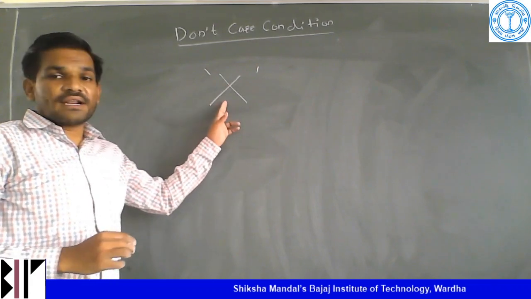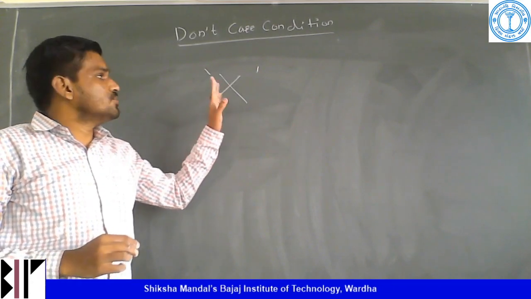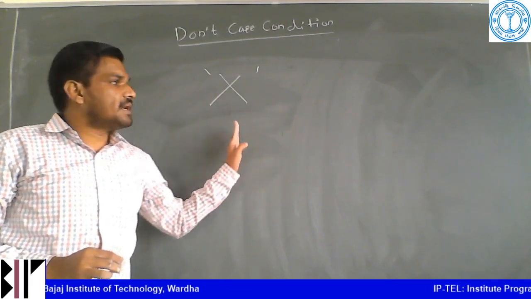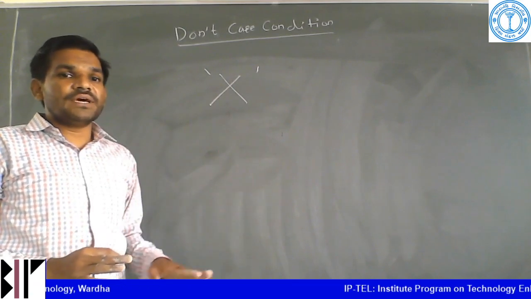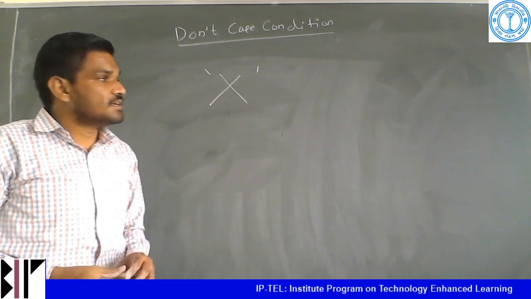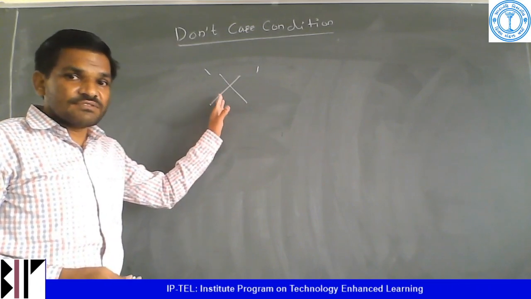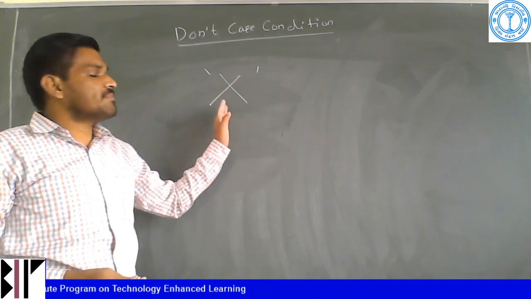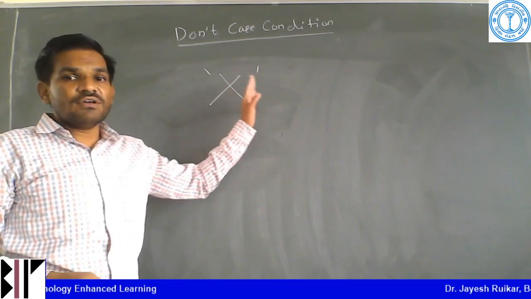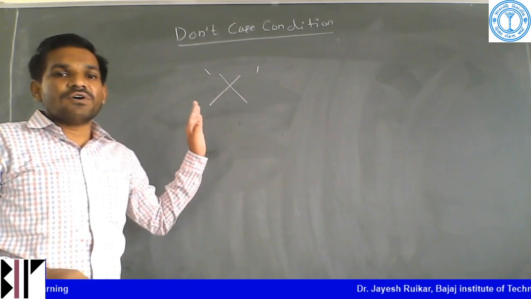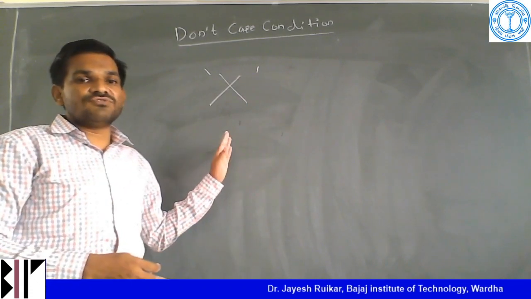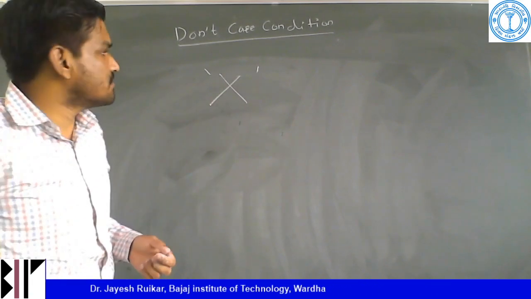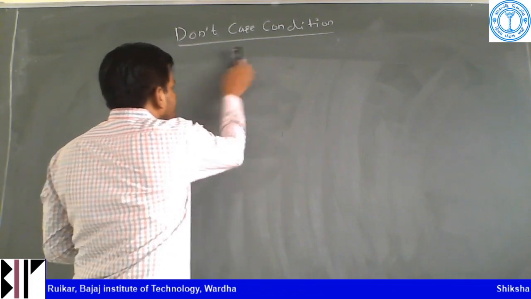What does this cross mark represent? This cross mark represents that you can assume it as either ones or zeros, depending on the situation where we will get a simpler expression. So we can combine these cross marks with the help of ones if we are solving for sum of product form, or consider them as 0 if we are solving for product of sum form, or we can even neglect them in some situations where we will get a simpler expression. Okay, so we will see some examples of don't care conditions now.